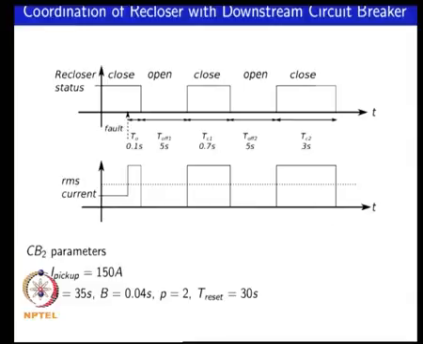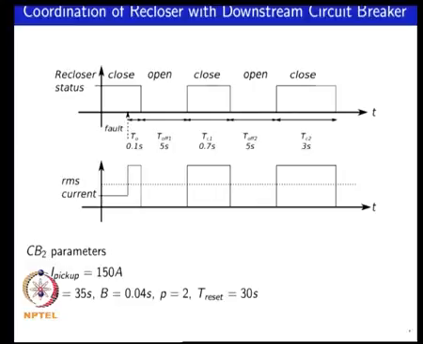Okay. If the current came down at some point before this 3 seconds ended, then essentially the recloser would go back to normal operation, because it would not lock open. So, that is essentially the logic. We will take these as the numbers in our example for the recloser. For circuit breaker 2 we will use the same parameters as we had in our circuit breaker to circuit breaker coordination example, and we will look at the situation when you have faults in